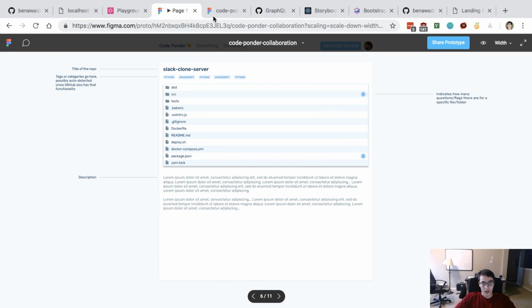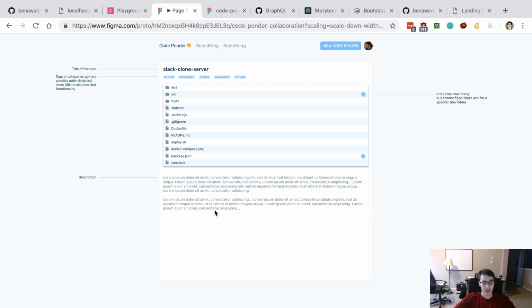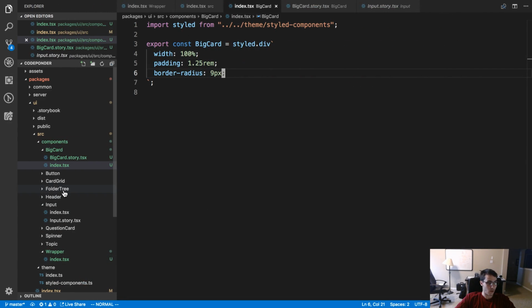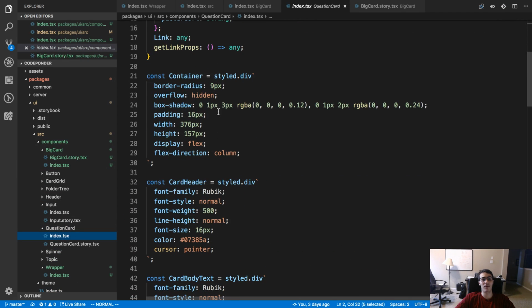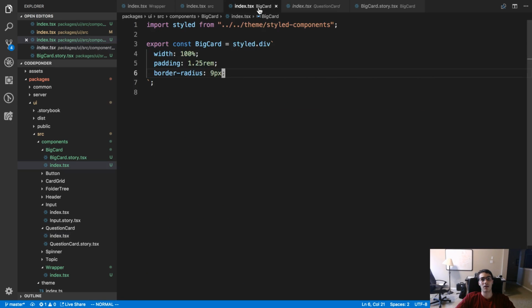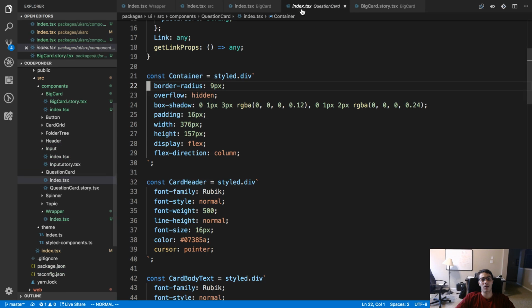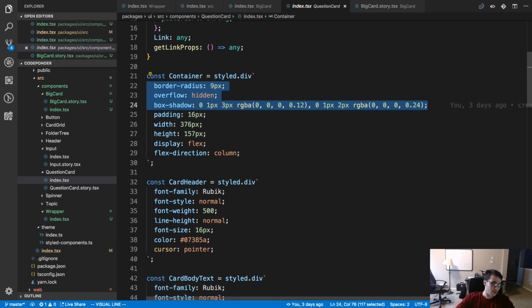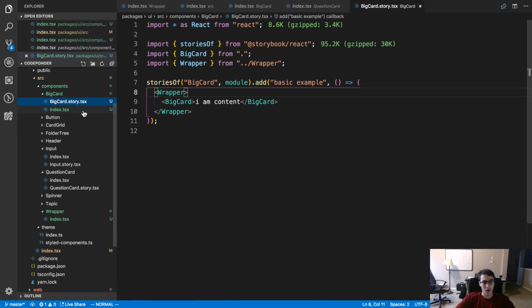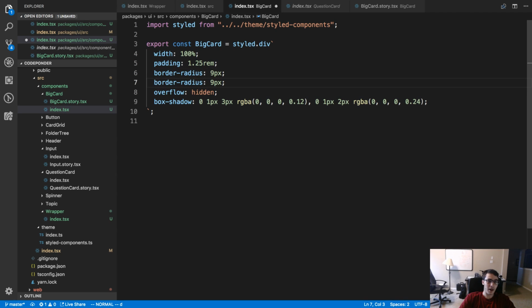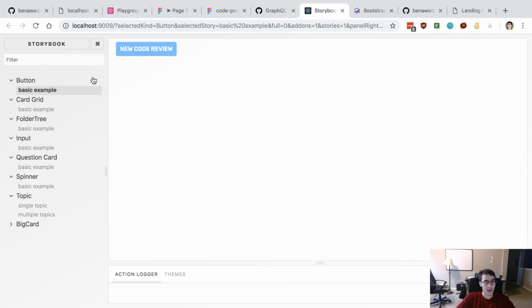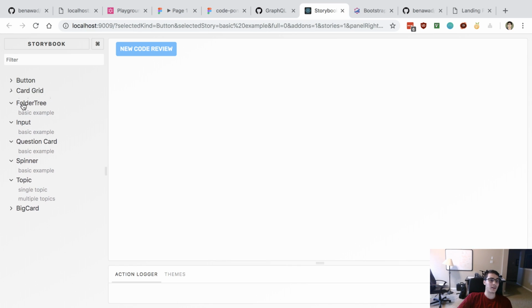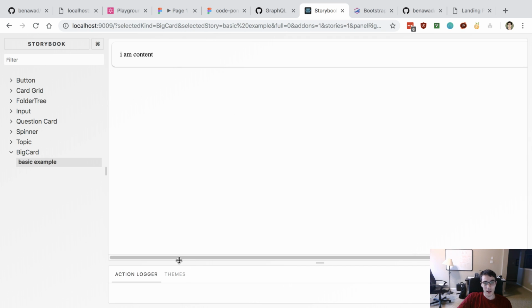Alright, so this has a very light background on it, or elevation, like our question card. So I'm just going to copy what we did for that. And I guess I should do overflow hidden as well. Though, do I want to do overflow hidden? I don't know. We'll see if the radius gets messed up. So let's see what this looks like. This is pretty much why I'm using Storybook, because I can see what it looks like before I use it in the other project. Alright, so I am content.